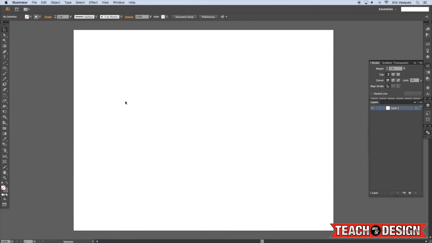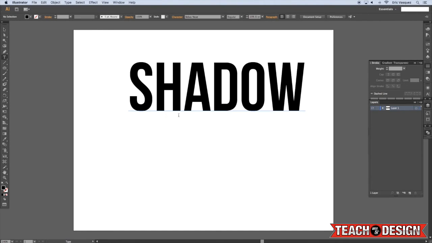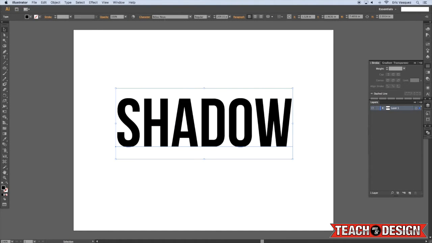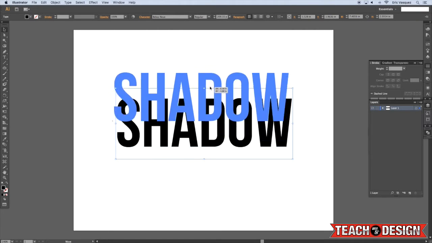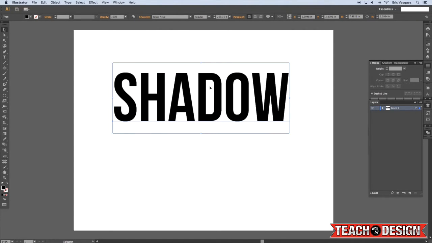Alright, so let's get started. Let me show you guys how to create a long shadow effect in Illustrator. What we're going to do is just start off with a kind of condensed bold font here. I'm using Bevis New. And all we need to do is basically make a copy of our text here, Command